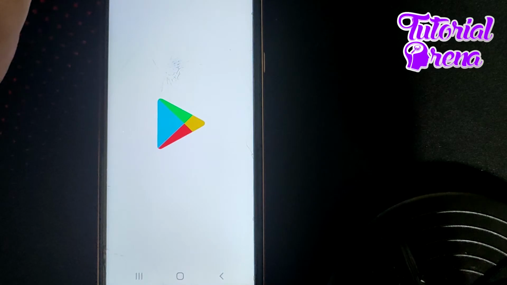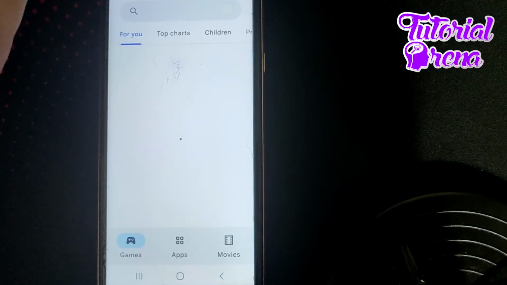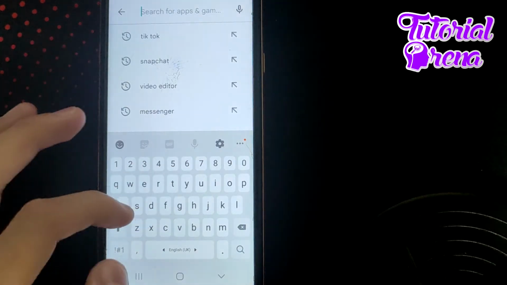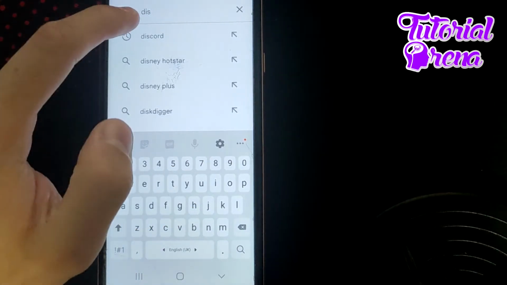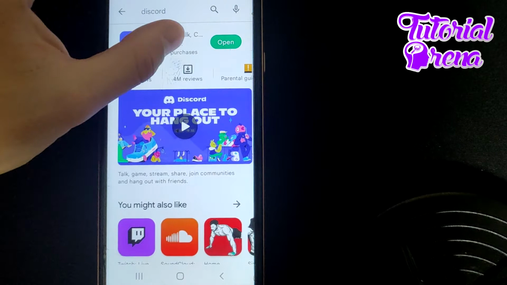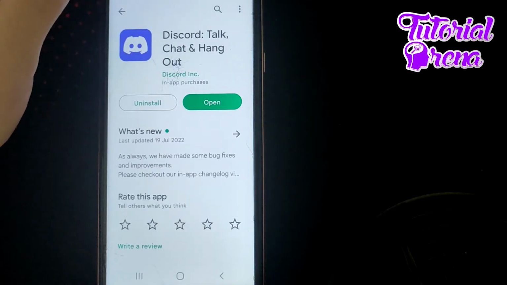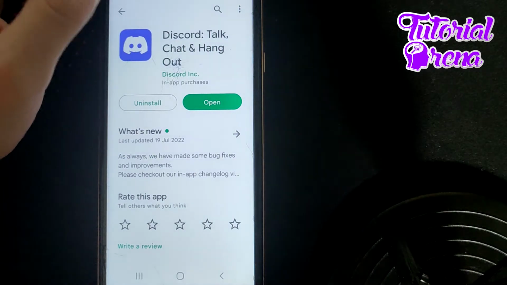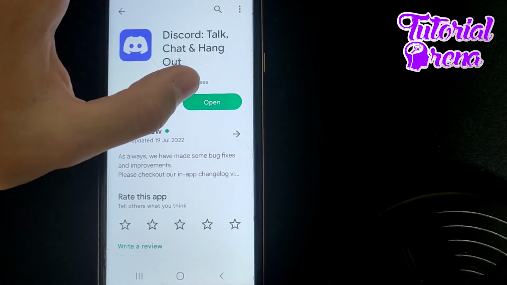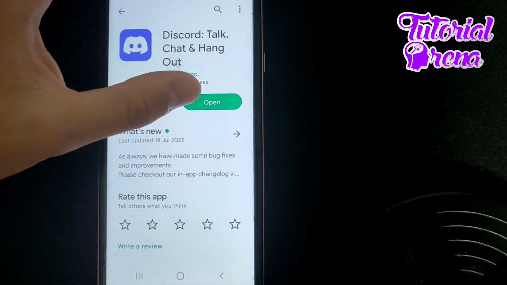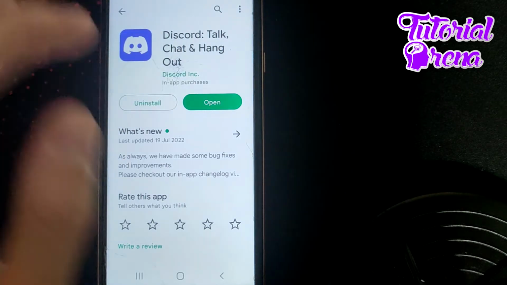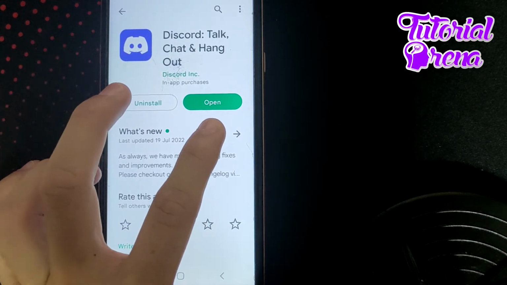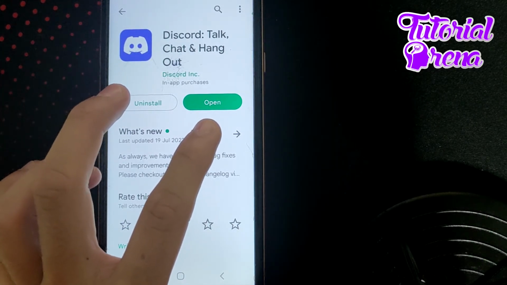Just go on your Play Store, and right after you get here on the search box, without wasting any time, you simply need to type Discord and go for that selection. And right here, guys, you need to make sure that you have the latest version of Discord. If you don't have it, here you're going to be able to tap on a selection with the green light, which will be called update. But in this case, as you can see, I have open, which means that I have the latest version of